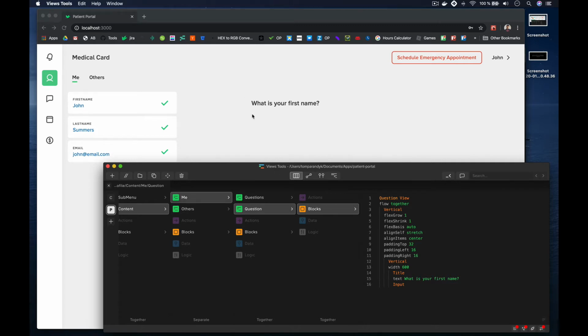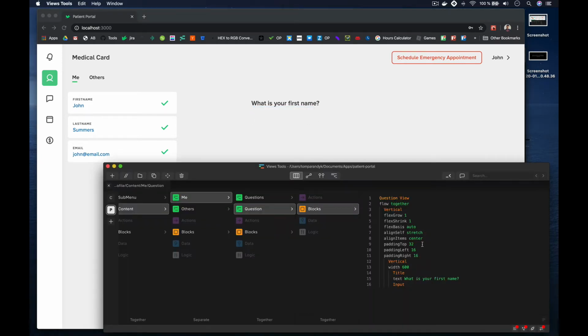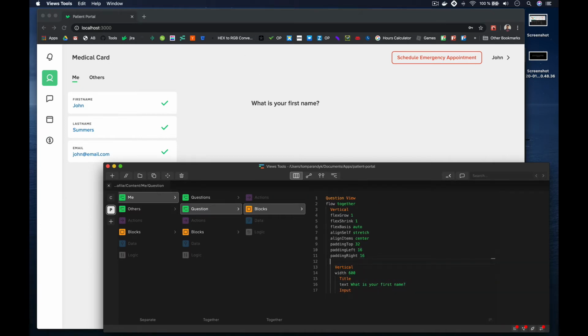These questions are different. They have different layouts and different data points, checkboxes, and all that kind of stuff. I also have an invisible little input here that we may need to make visible. So okay, this is what we're looking at here. I think I'm going to start by